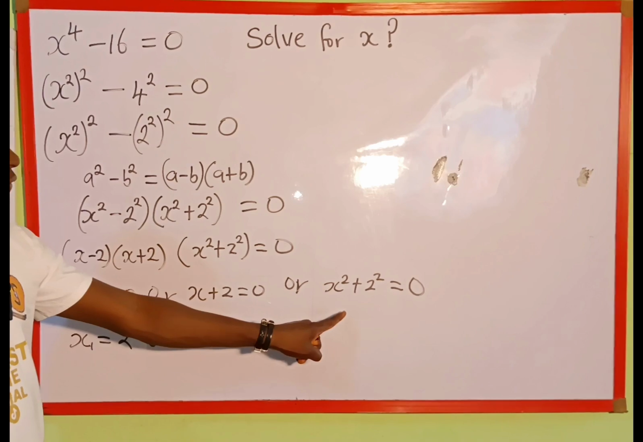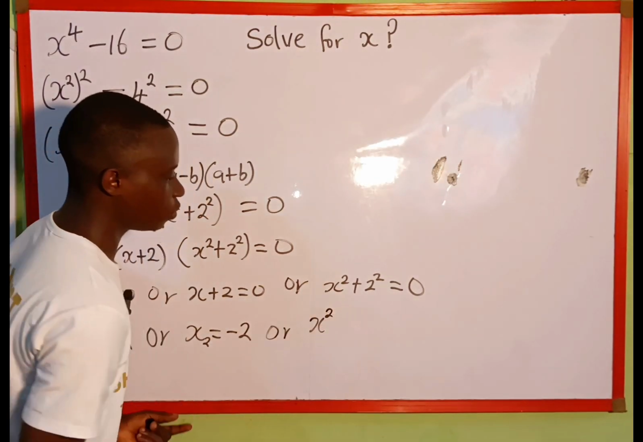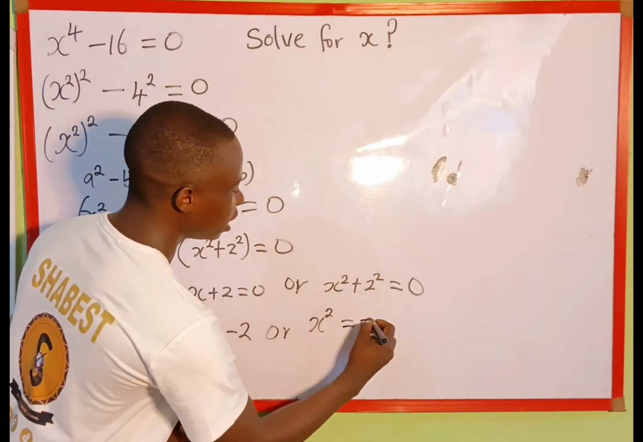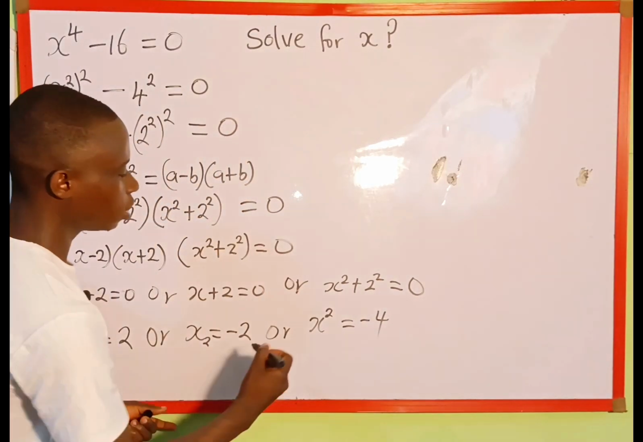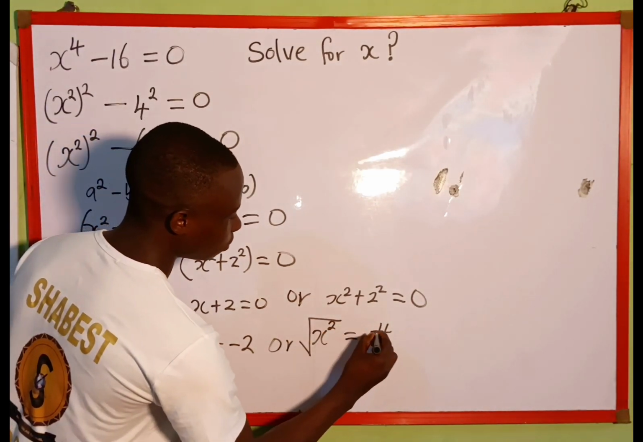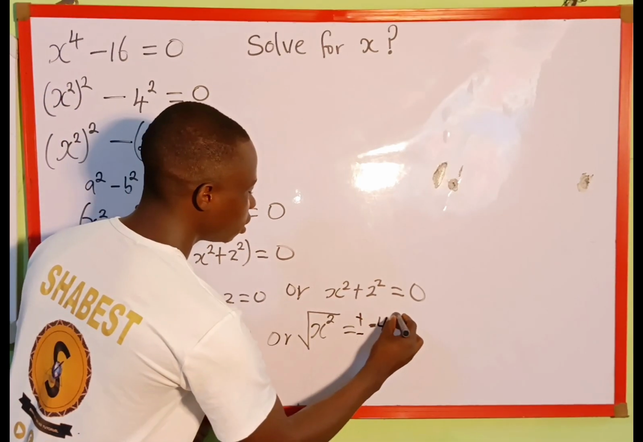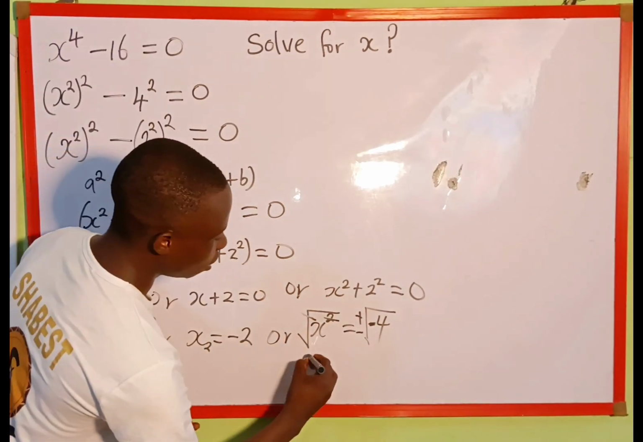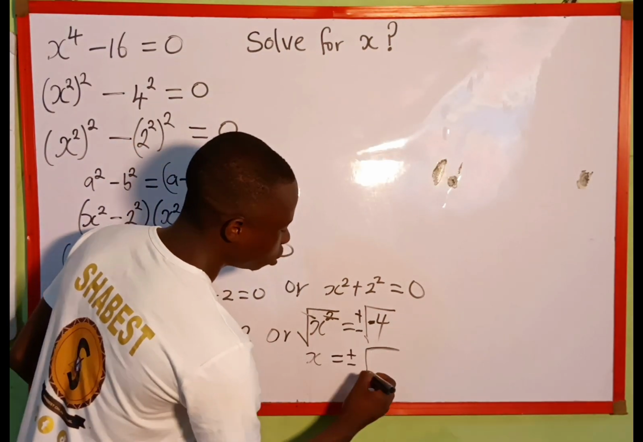Then to solve for the value of x from this third term, we are going to have what? X raised to the power of 2, and 2 raised to the power of 2 is 4, and when we take that 4 to the right hand side, it becomes negative 4. Now what do we do to eliminate this square? It is by taking the square root of both sides. So we take the square root of the left hand side, and also we take the square root of the right hand side. But remember, when you are taking the square root of the right hand side, we are going to include positive or negative square root of negative 4, so that this square is going to eliminate the square root. We are left with x, which is equal to plus or minus square root of